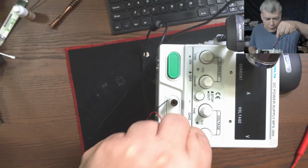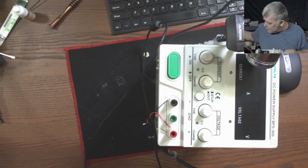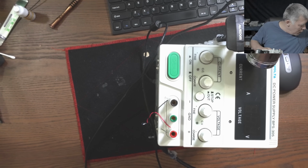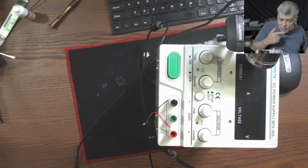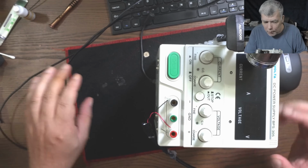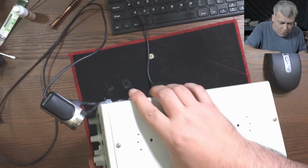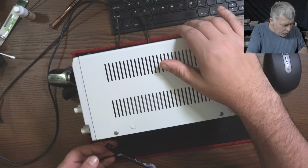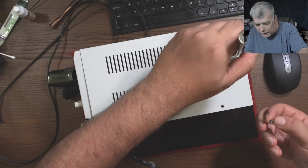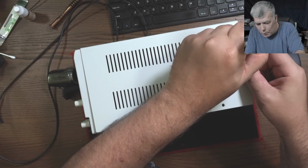So we will have to open the power supply and see what is wrong inside, because something is wrong. I'm guessing the potentiometer has a problem. Not sure, but looks like that can be an issue. That can be the problem. I modified the power supply immediately after I bought it. So,